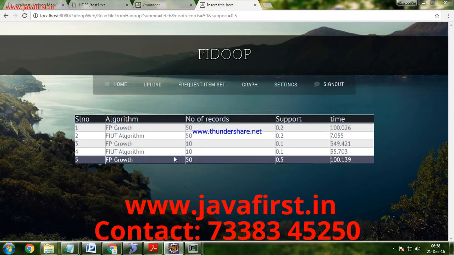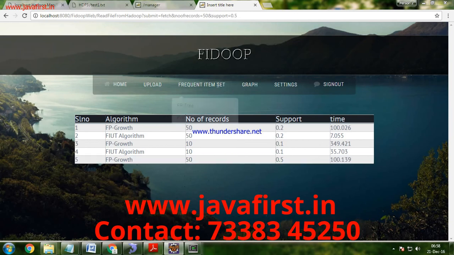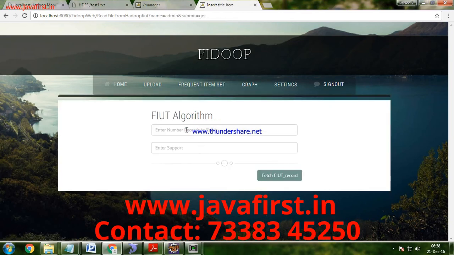For the 50% support and for the 50 records, it took 100 seconds to find the frequent items. Then the next approach is the FIUT algorithm, with the same 50 records and 50% support. This is more efficient than the traditional FP growth.